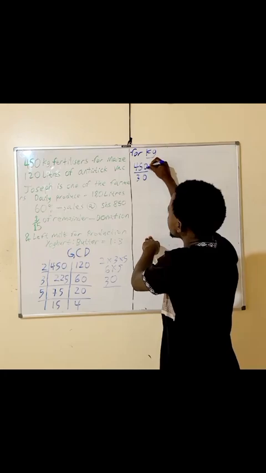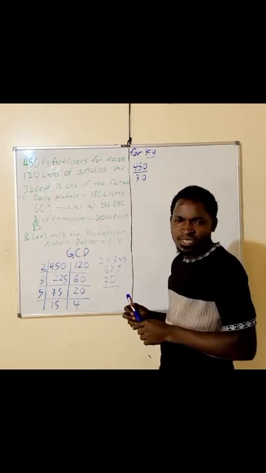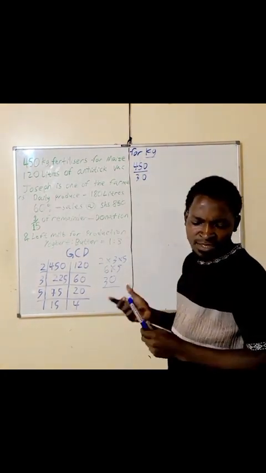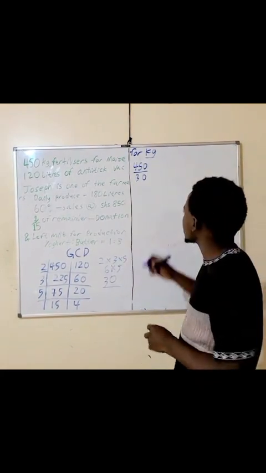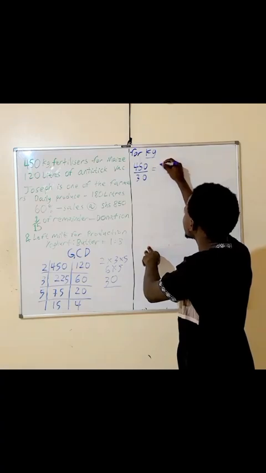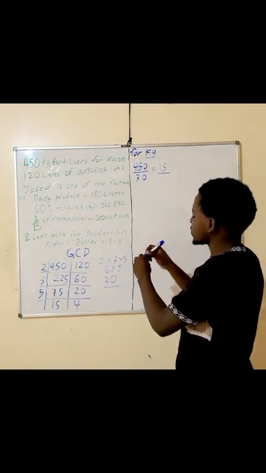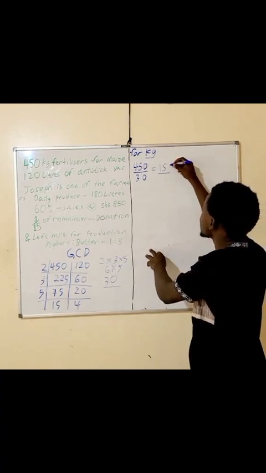If this 0 cancels, 45 divided by 30, what is the answer? I'm waiting for you. You get 15. So each farmer received 15 kilograms